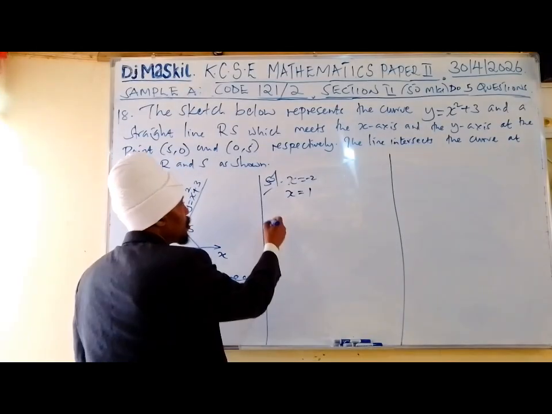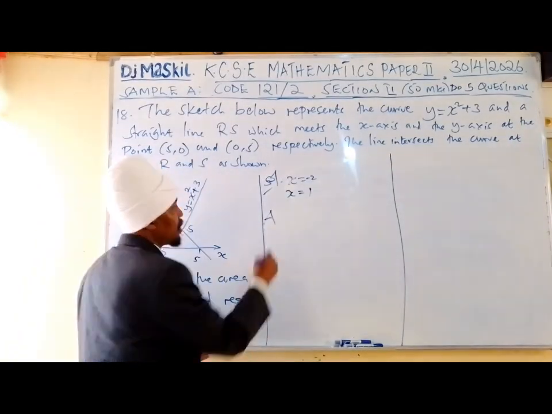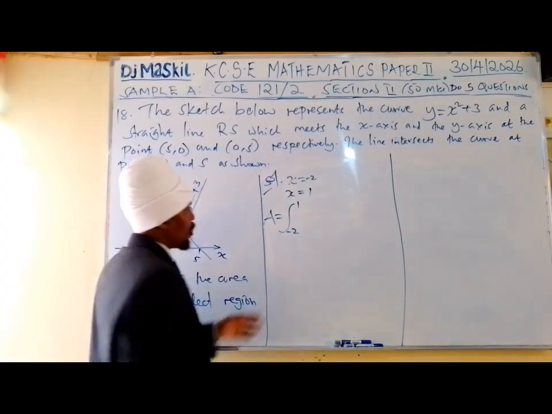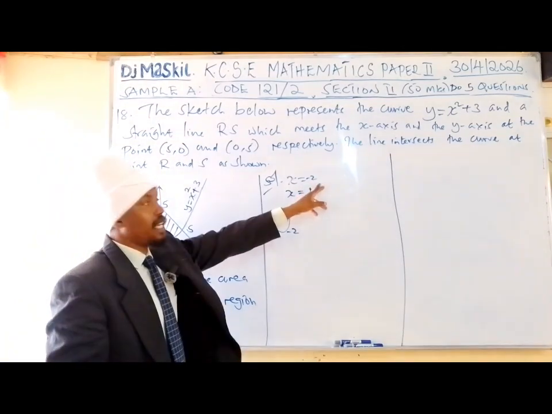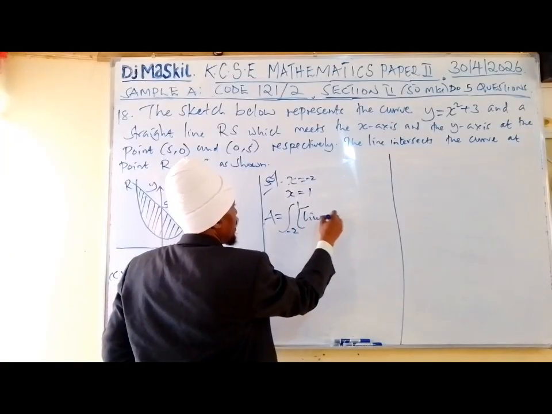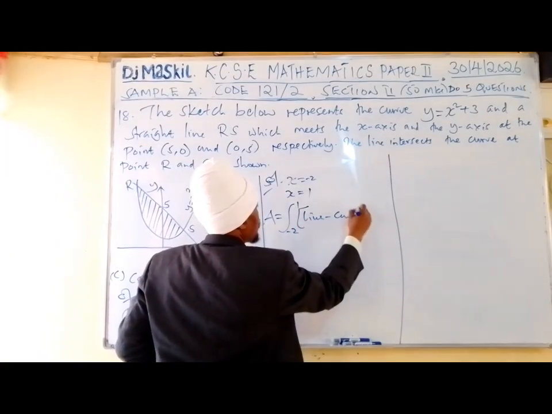Therefore, we are going to use the formula. Area is the integration, using the values of negative 2 and 1, and then we integrate the line minus the curve